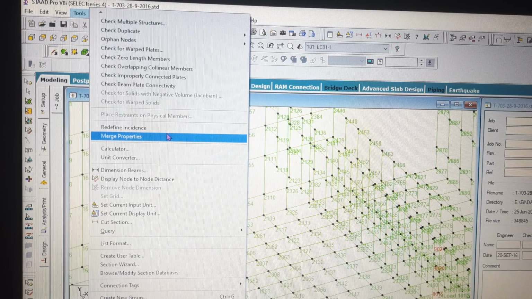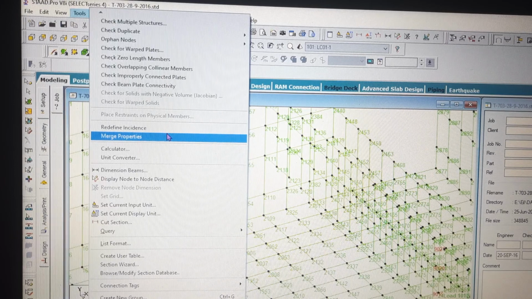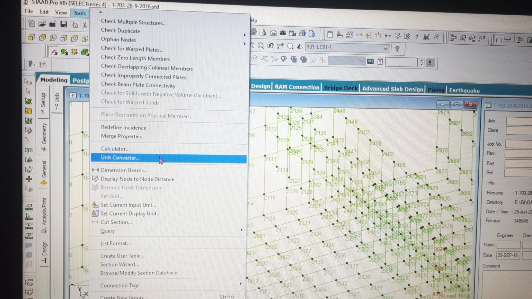Merge properties. This functionality is used if you want to merge two plates, two nodes, or two beams, then this merge property functionality will merge your two properties. Next, the calculator and unit converter are the same thing.